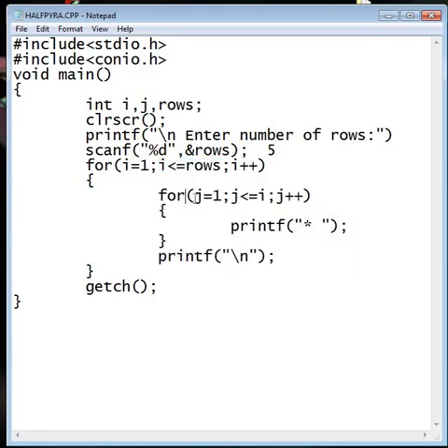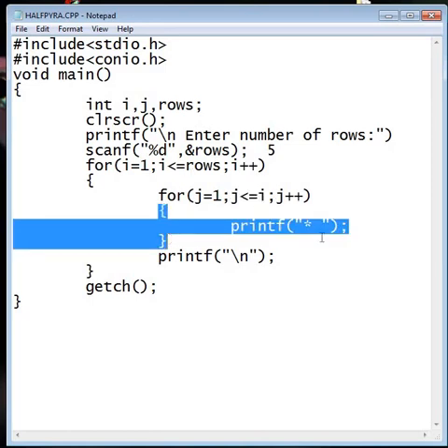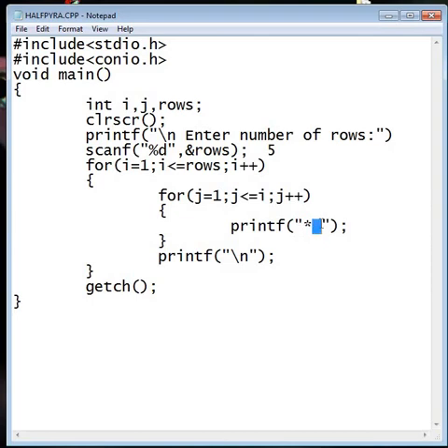Inside the loop another loop is encountered, the inner for loop, and the loop variable is j, which is also initialized to 1, and the condition is j less than or equal to I. Now the value of I is 1 and the value of j is also 1, so it satisfies the condition, and the body of the loop is executed. A star and space are printed.